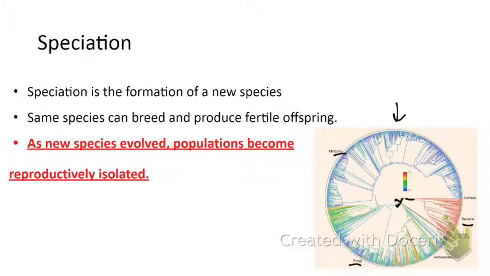Or they separate somehow. So there needs to be some type of isolation or reproductive isolation where two populations divide and they can't reproduce, and then they start adapting to their different environments, right? Okay? And so the key is to think of isolation. Once a species gets isolated from each other, they start evolving separately, and at some point, if they try to come back together and have offspring, they can't, and therefore at that point they become a new species.